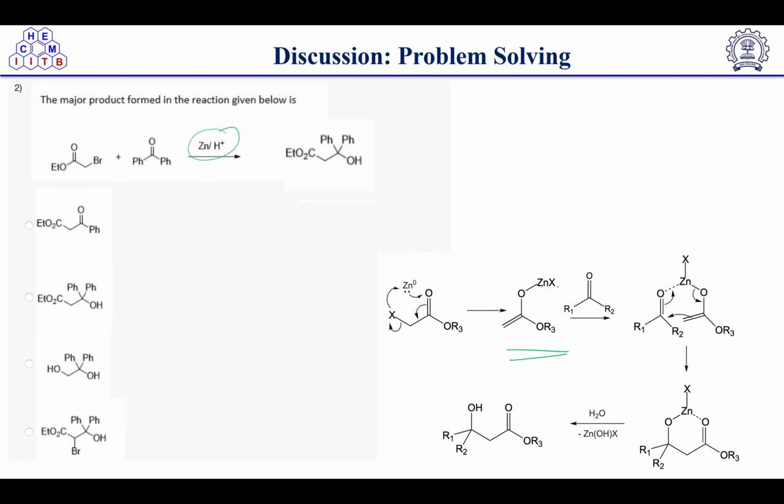It will form this intermediate, and after the intermediate, now you can see this enol is formed, right? This is the enol, and this enol will further attack on the next carbonyl center. Okay. And the intermediate will look like this one. After that, getting this intermediate,